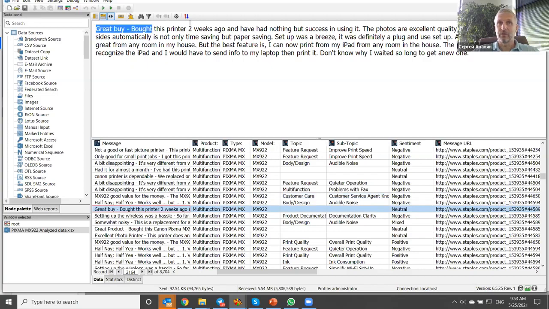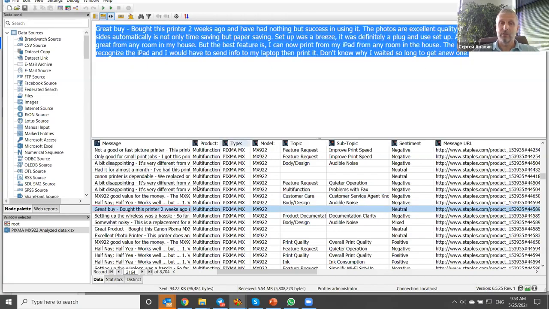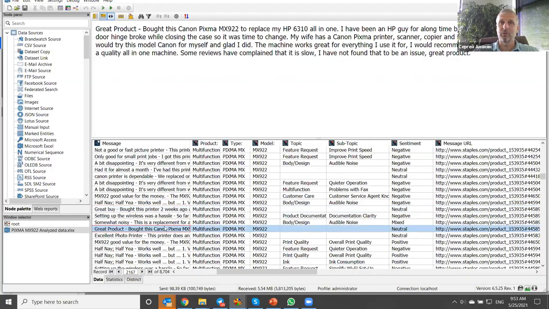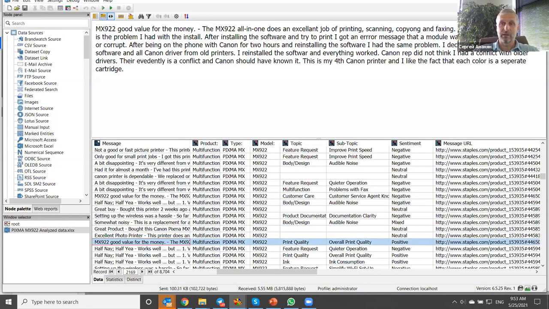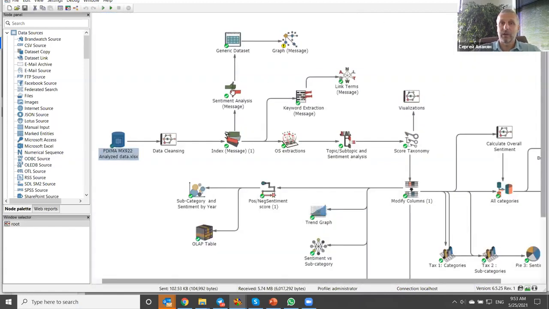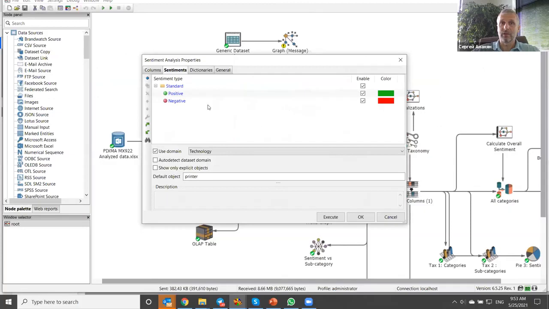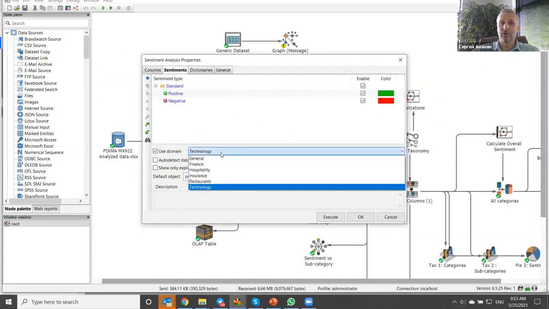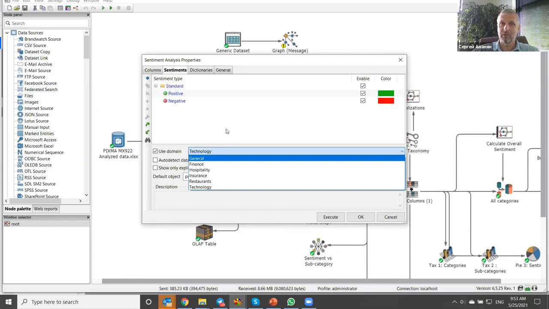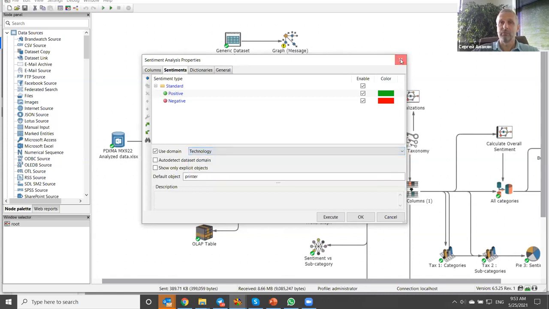So here you see people are talking at Amazon.com or at different specialized forums. They are discussing their experience with Canon printers. For Canon, the most important thing is to find out what people are happy or unhappy about. To this end, you can just run sentiment analysis. It's a no-brainer. You just tell the system that you will be in the technology domain, and we support different domains because people use completely different structures and lingo in different domains. And we run the analysis.